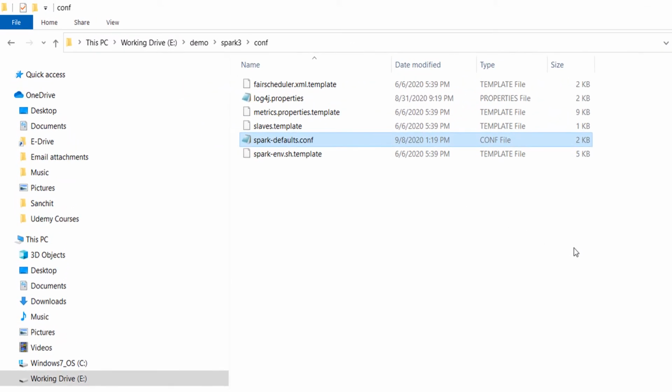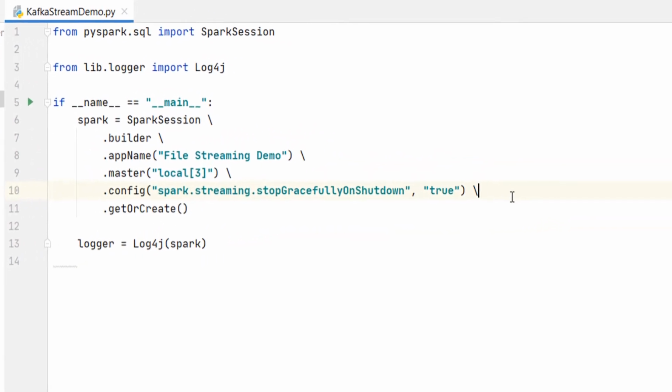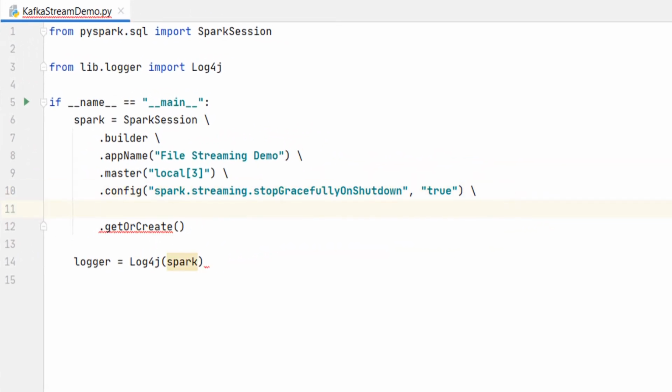When we start our PySpark application, it will read this configuration and automatically download the required package and related dependencies from the Maven. Once downloaded, this package and other dependencies will be available to your application class path. If you want, you can also set this configuration from your application. Here is an example.